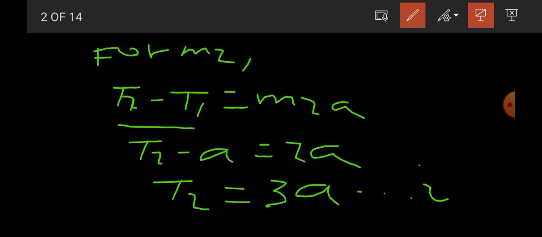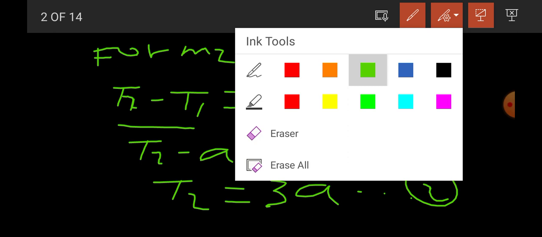Take this as equation 2፣ የመጀመሪያውን እንደ equation 1 እንይዘዋለን።